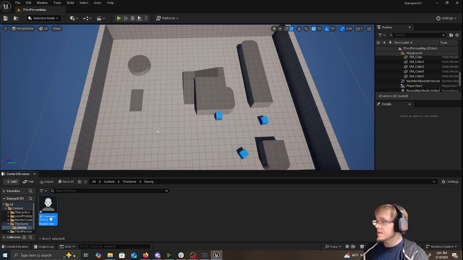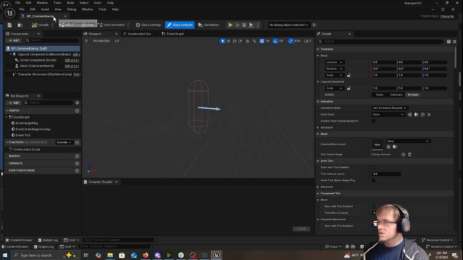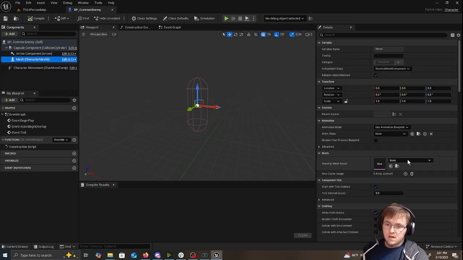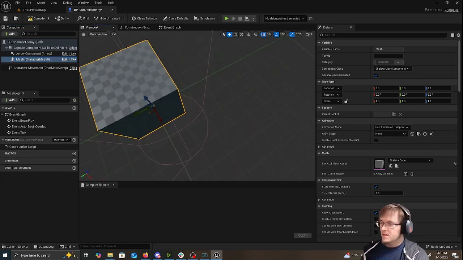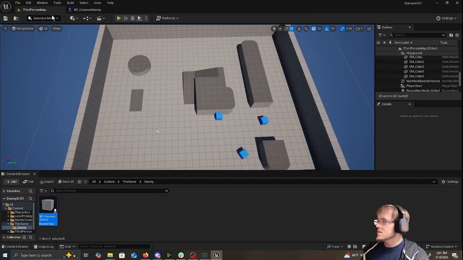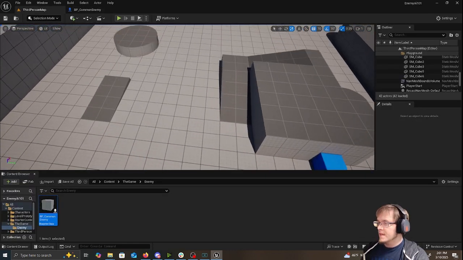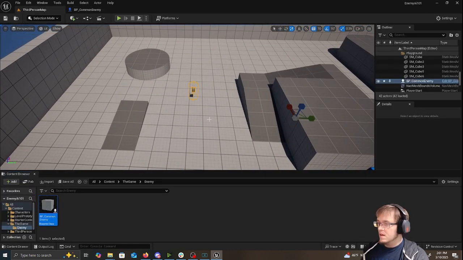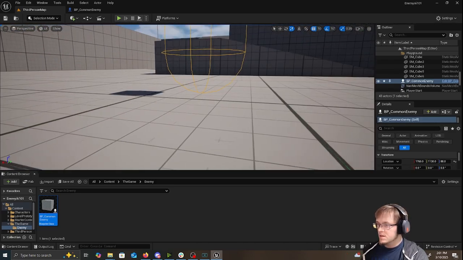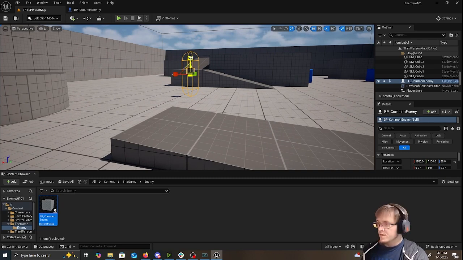Okay, so inside the common enemy, we are just going to do a couple of things. We're just going to use the mesh that's already here, mesh structure, and we're just going to give it a cube. That's it, just a cube. That's all it needs. Okay? And we're going to go ahead and put that cube, or that enemy, in the world. And it should automatically put its collision above the floor. So if I move it down,